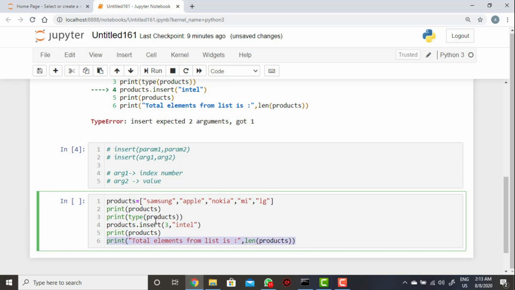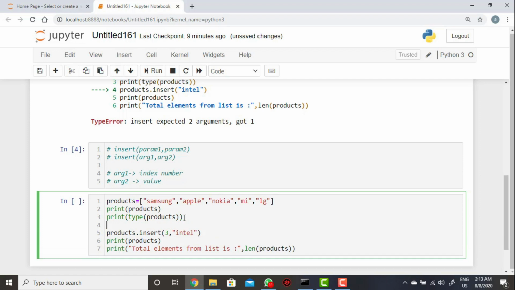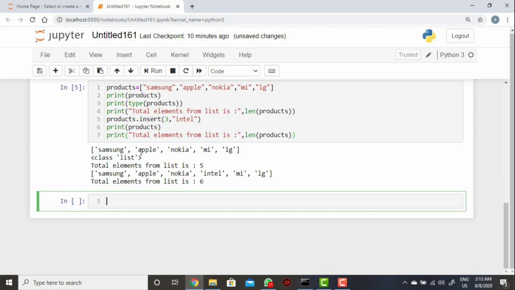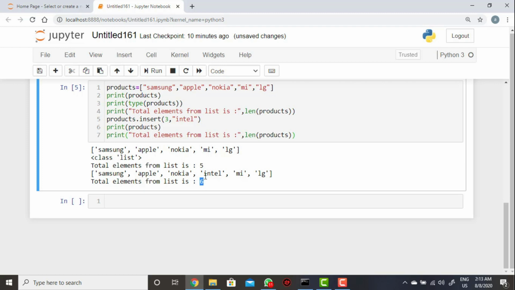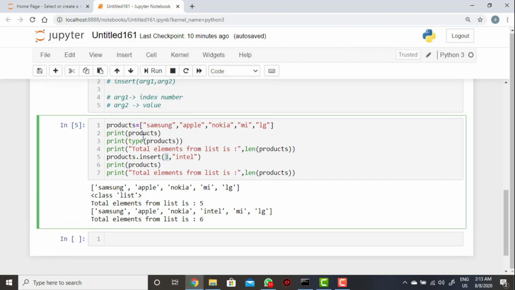Previously the product list had 5 elements, and now one more element is added using this insert method, at index number 3. Index 0, 1, 2, then 3, so in the third place Intel is added.